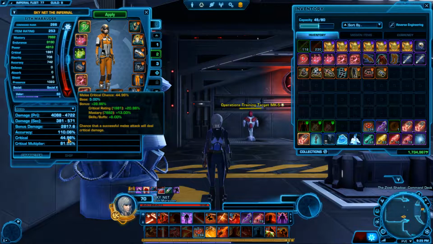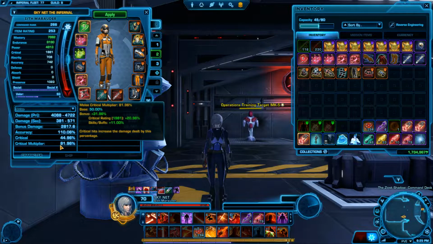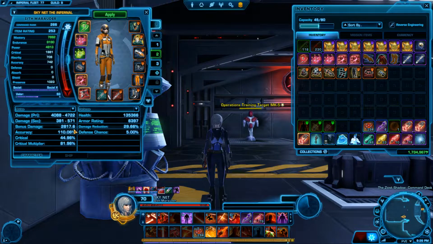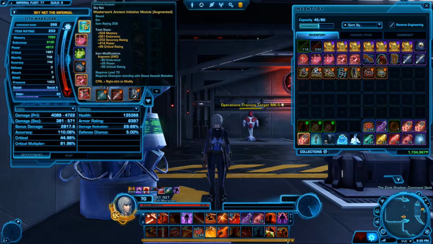Critical, I have at 44.96, and as you can see, my critical rating right here is 1981. My critical multiplier also, it's 81.96%. Once again, it's at 1981. And I could raise that up if I remove these mastery augments and switch them into critical augments. But yeah, because there are certain pieces that I know once I upgrade them, like this should be